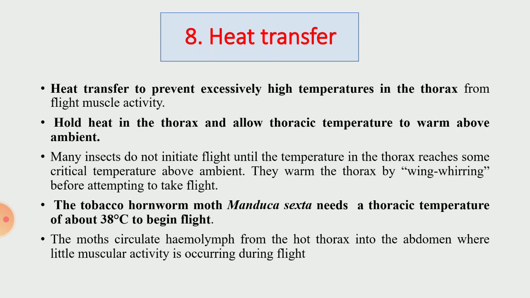The tobacco hornworm moth, Manduca sexta, needs a thoracic temperature of about 38 degrees Celsius to begin flight. So, the high temperature in the thorax is the result of intense muscular work by the flight muscles, and the hemolymph circulation prevents the temperature from going too high. The moth circulates hemolymph from the hot thorax into the abdomen, where little muscular activity is occurring during flight. So here we completed